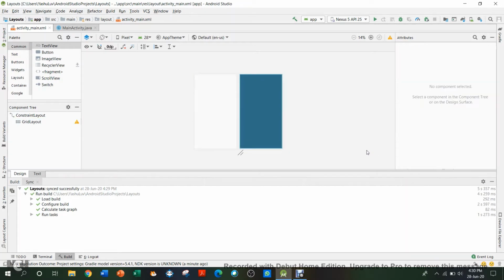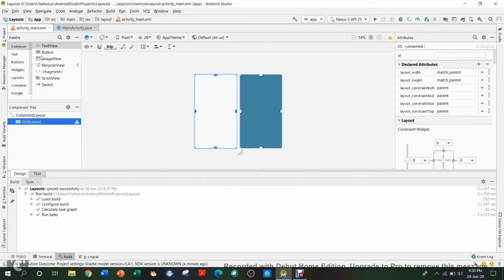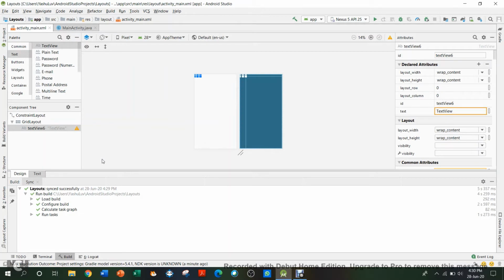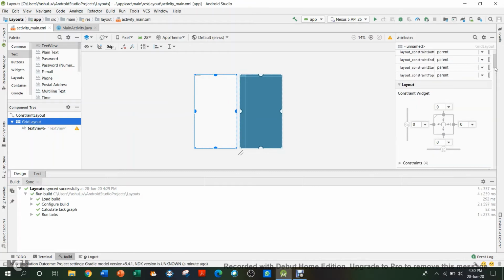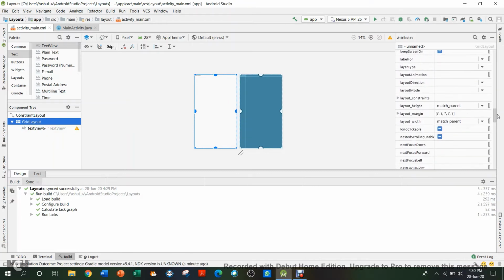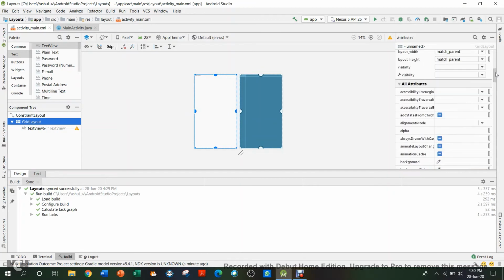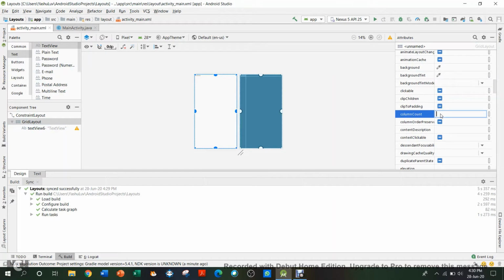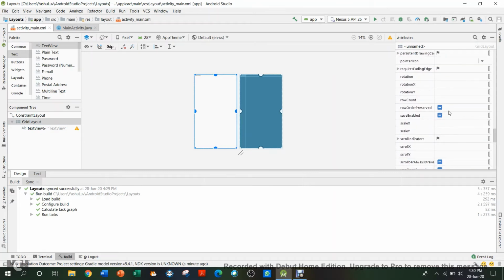Now the good thing about this is, in the grid layout, what we can do is that we'll add text views over here, we'll add one text view. Then let's go to text. Also you have to set the number of rows and columns. So let's go over here. Firstly find column count. Here it is. We'll just keep it 2 by 2. So column count is 2 and row count also is 2.